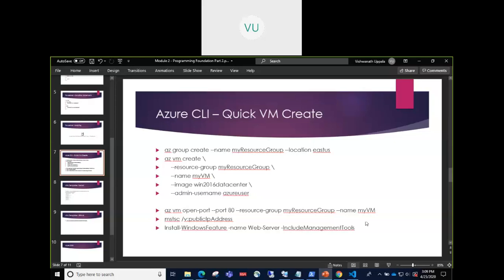One of the ways, the very first in the demo we saw, is the Azure portal, through which you can create virtual machines. What are the different avenues like that which are available in the Azure platform to create resources? While creating a resource group itself, you can create a resource.